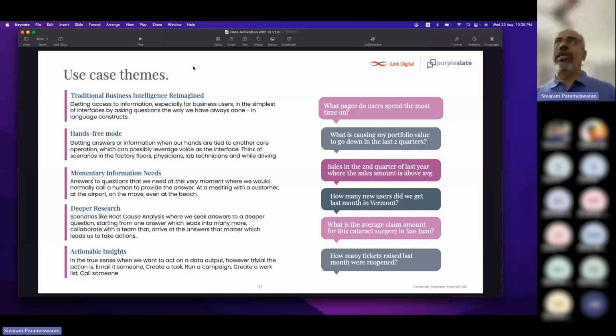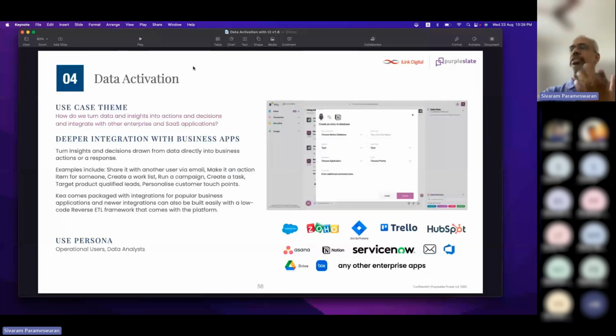Getting rid of all the legacy reports, right? I think it's completely a new way to reimagine dashboards. Rather than building custom dashboards, why can't we let people ask a question? Within Kia, by the way, if somebody likes a few answers, they can put them back and create a dashboard within Kia. That's possible. And the last, related to today's session, I think the key feature here is also around data activation. How do you really integrate this with the business application?